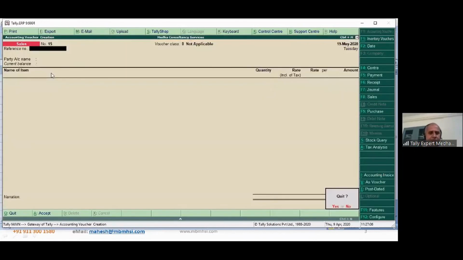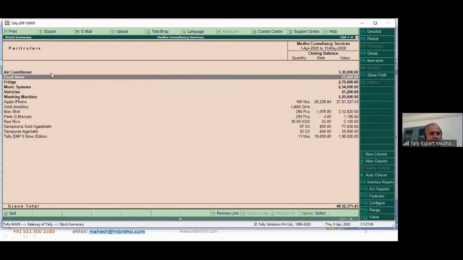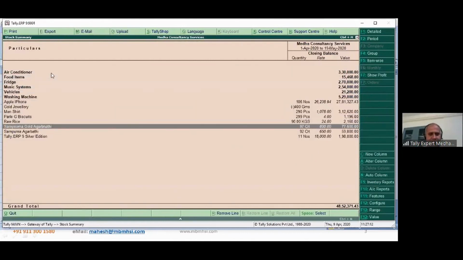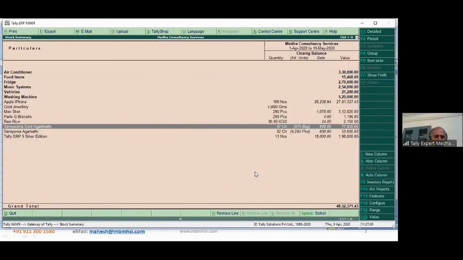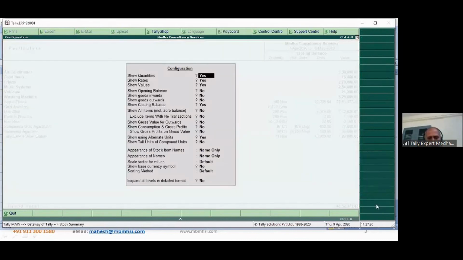Okay. Now, if you look at your stock summary, 97 cartons are available. Okay, again you go here and say show in alternate units. It is also showing you in alternate units, which is saying 970 bags. But you had also specified carton has 1,20,000 sticks, correct? So if you want to know in number of sticks how much it is available, you could go to configure and say show me in tail units of compound.